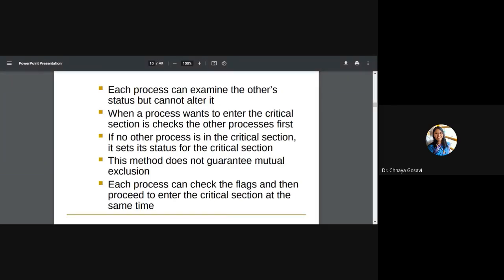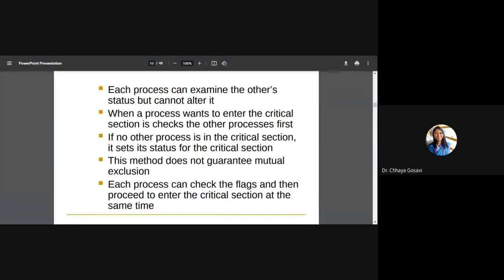Then the second attempt is with the flag variable. The second attempt will check the status of the processes. Suppose you want to enter into the queue, or you want to access something. First you check whether any other is willing to enter. So first you have to check whether any process has raised its flag.